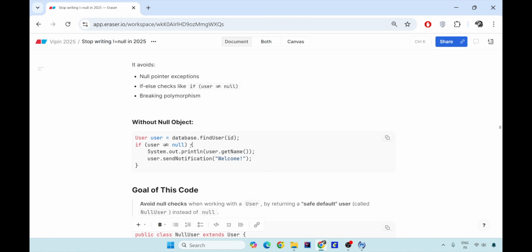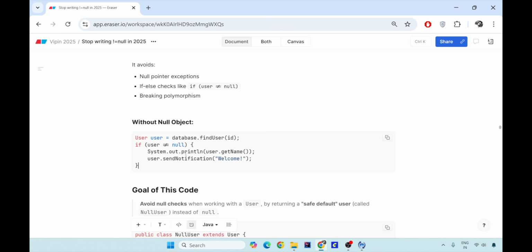First thing, when you don't have any null object available, you would directly go to the database and find the user by user ID. If it is not null, it's a happy case. You get the user, you get the username, and you send the notification, welcome, code decode. But if the user is null, this will give you a null pointer exception. And if by any chance it is asynchronous, even the notification will be sent as welcome space nothing.